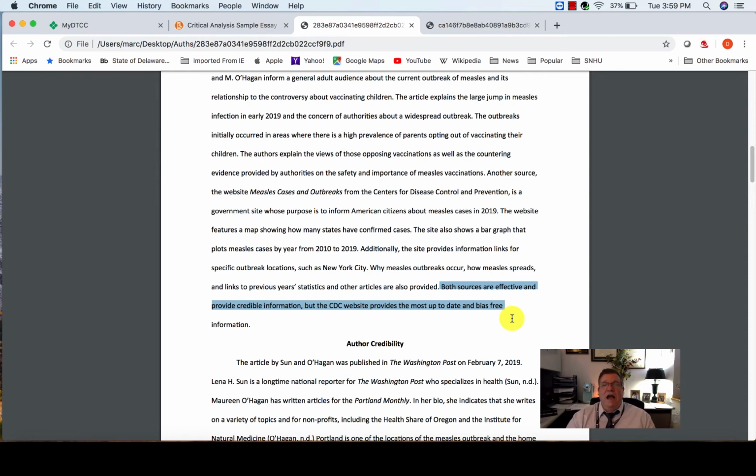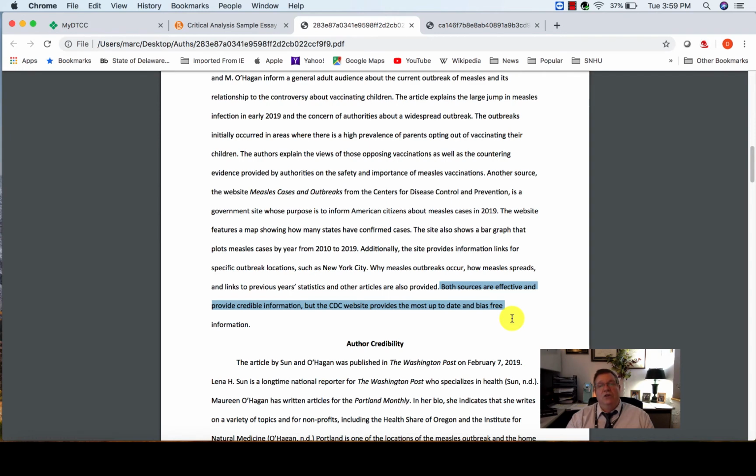So in the guidelines, they do talk about a compare and contrast. So you are looking, and maybe one is as effective as the other. Maybe they're both effective, but what are some of the good points and the bad points of each? And you're going to do that in a compare-contrast.